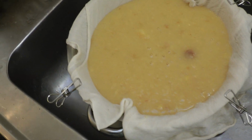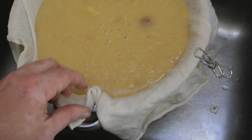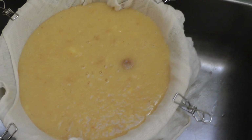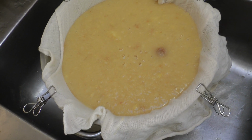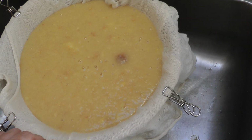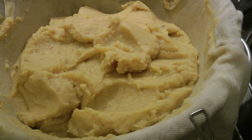or a double-layered cheesecloth on a normal set like this, which I've done. I've used my stainless steel pegs to tie it off. And now we can just let this sit and drain. I prefer this method because you can put more in. So my quince